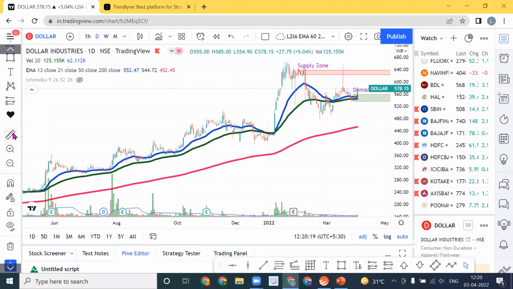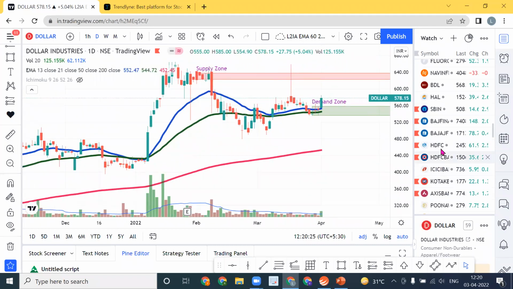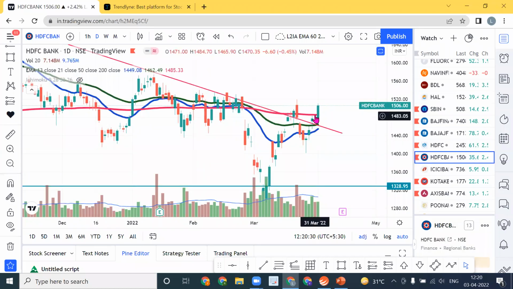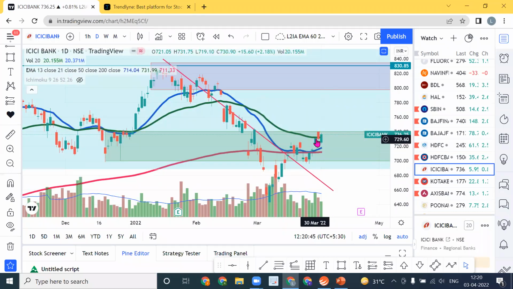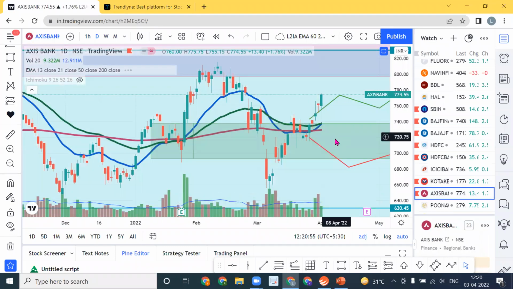In Dollar Industries also. Let us see HDFC Bank. 200 DMA, it is touching. So HDFC has fallen drastically. So you'll have to wait for the stock to move upwards before you enter the stock. ICICI Bank, this is the 50 moving average, it is touching. So wait for some time. Kotak Bank, wait. Axis Bank,